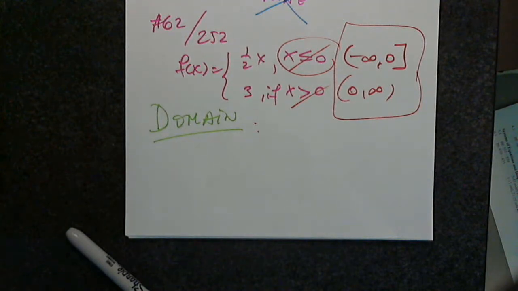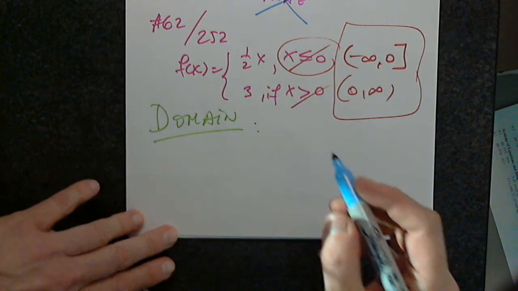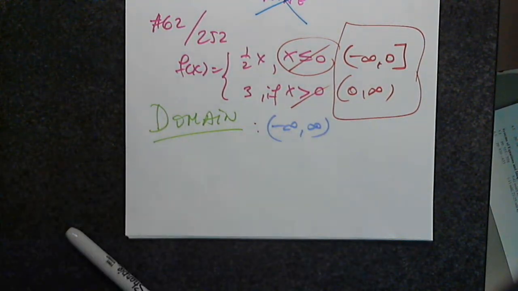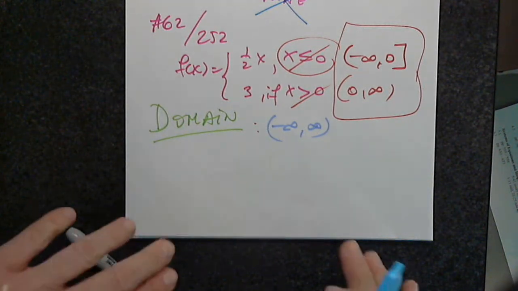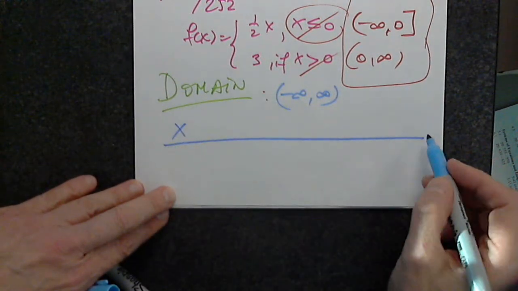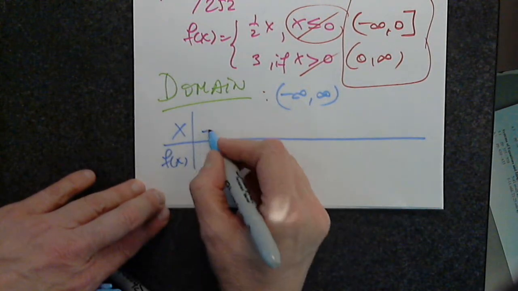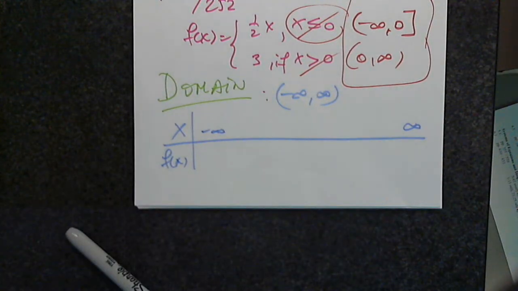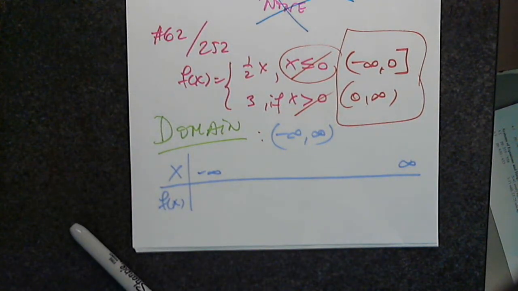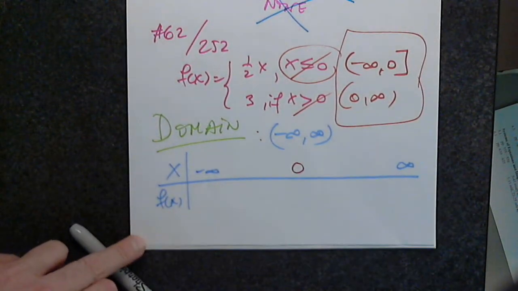So can anyone identify the domain of this function? Say it again. Negative infinity with the 0 with the bracket. So that's why we established those intervals to see what's happening from negative infinity to 0, including 0, and from 0 to infinity, which means the domain is all real numbers. Any questions, please ask. Which is the x value that has to be in the table no matter what? Yes, 0 must be in the table no matter what,